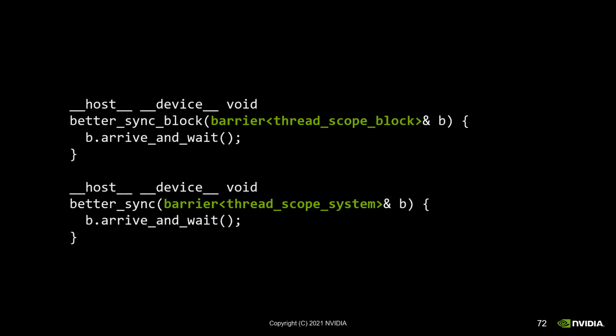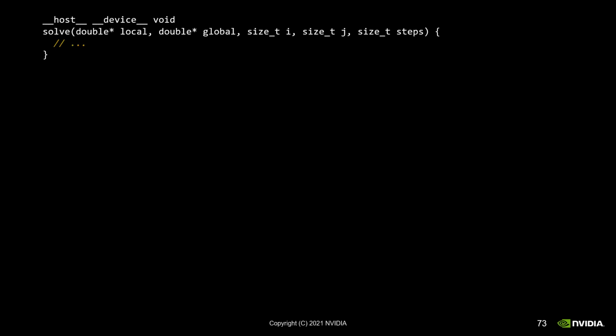Our implementation works across your entire system, across host and device threads. With C++'s barrier, you can control which threads synchronize on which barriers. Let's look at a more advanced example, a 1D 3-point tiled stencil solver. Each thread will solve a tile of points from index i to index j. The tile is stored in fast local memory. A global array in slower memory will store the initial state and final result. Transfer to and from the local tile and global array is done before and after solve is called, except for